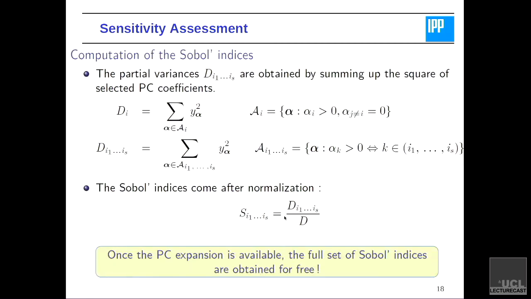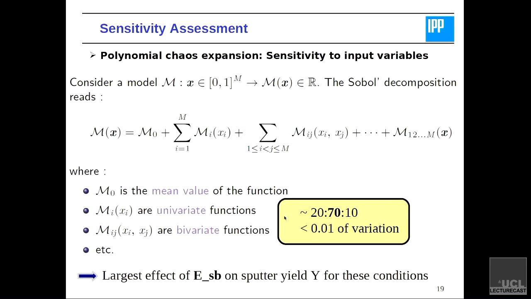once we have that polynomial chaos expansion that we did earlier, we don't need to do any more calculations because we can calculate these Sobol indices directly from the information we already have. And that saves a significant amount of analysis. Applying this to the example that we had,